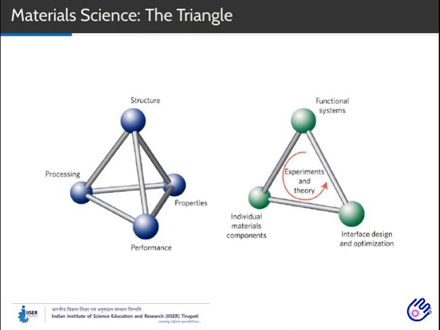But this no longer holds good, due to the fact that polymers and composites play a dominant role in potential applications, yet we are unaware of their structure or composition. So in modern terms, material science is more about understanding the individual concepts. From there, functional systems will be developed and optimized. For this, both theory and experimental procedures can be used. But at the end, either performance or optimized data decides the fate of the particular material.